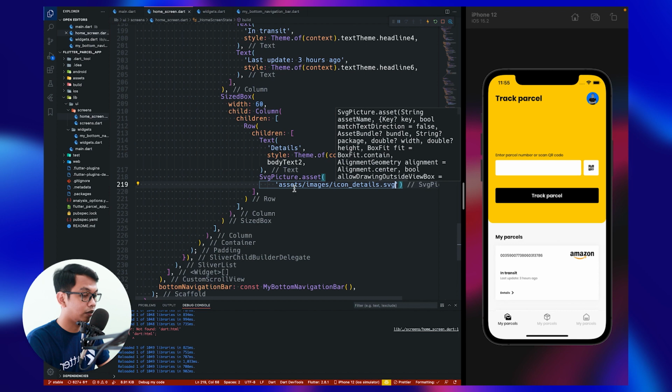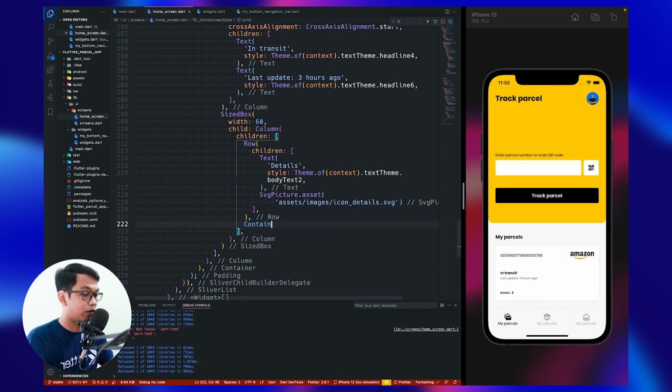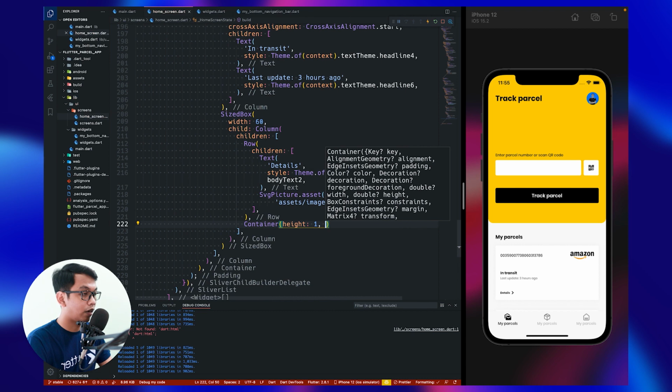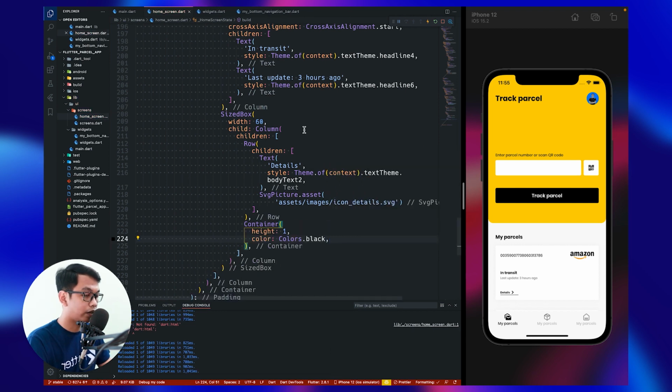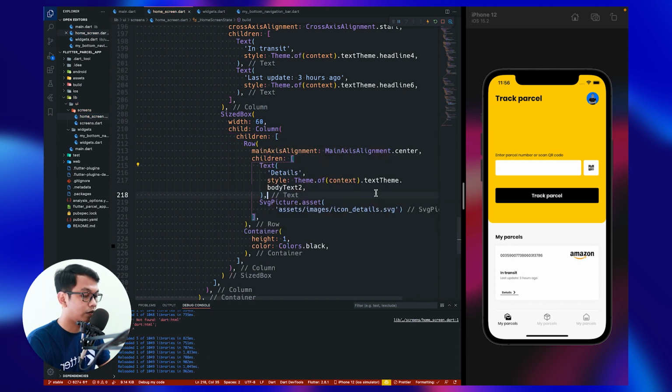And now we see a little icon, and below of our row widget we can call container with the height is 1. This is for underline, and for the color is black. And now we see, and don't forget for the column widget, for the main axis alignment, we use center, look like this.